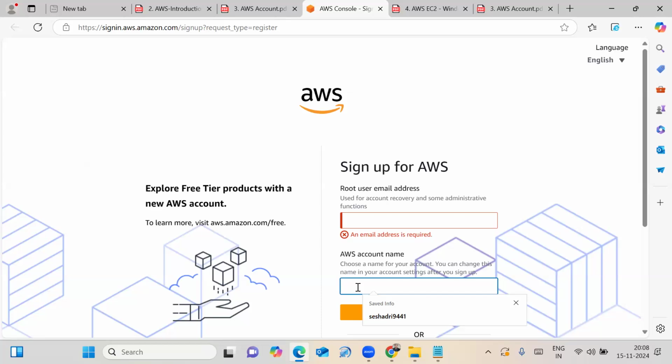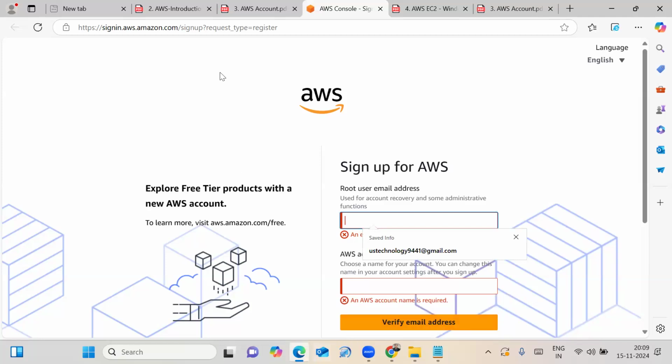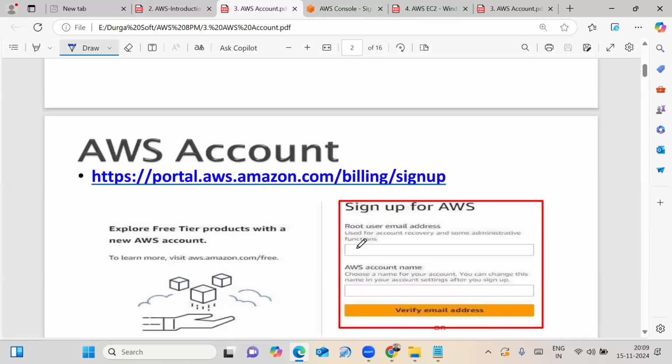The AWS account name must be unique. So you enter your mail ID and your AWS account name, which must be unique.